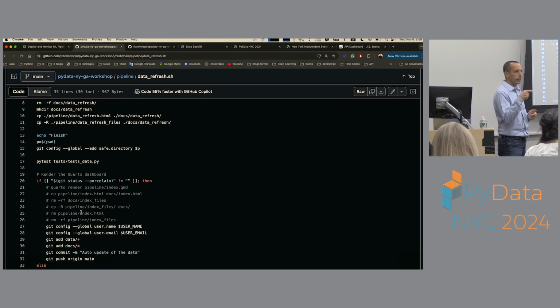I'm executing it in the step of the workflow. Essentially, I'm cleaning everything because I'm writing HTML files. I'm cleaning the old HTML files, re-rendering them, and copying them to the docs folder,